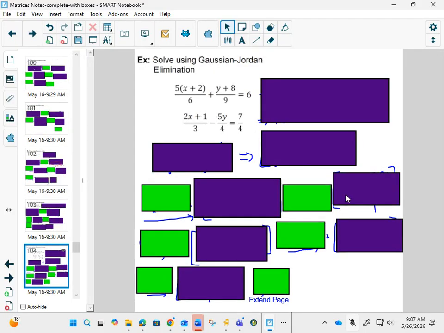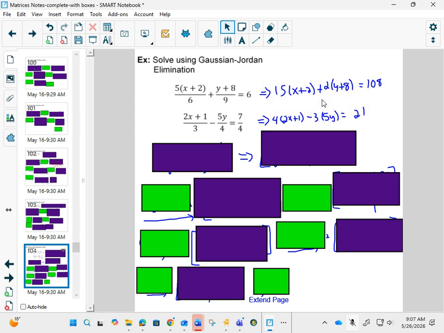All right, our last 2 by 2. Again, I don't like these fractions. We've got an extra plus 2 there. We have to do some preliminary work. So the first thing I did was get rid of the fractions. Can you see that if you multiplied everything by 18, 18 would get rid of the 6, 18 would get rid of the 9,